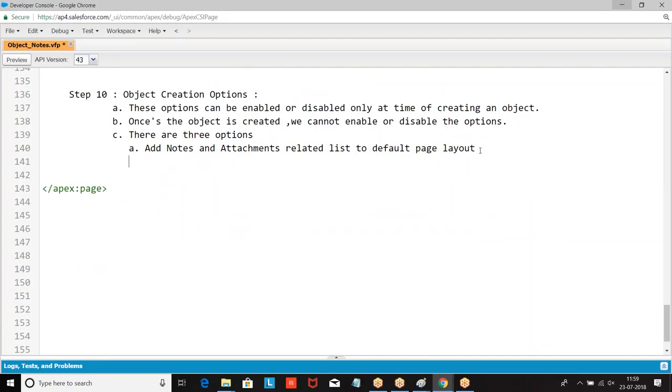If you enable this option, notes and attachments will be added on the detail page.